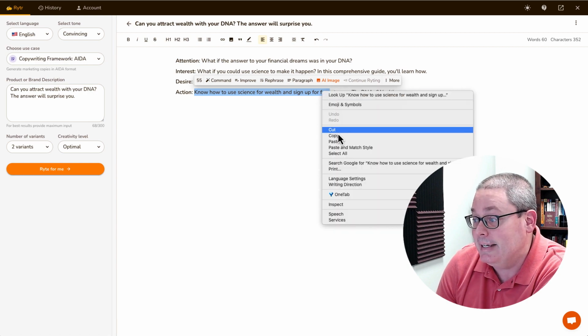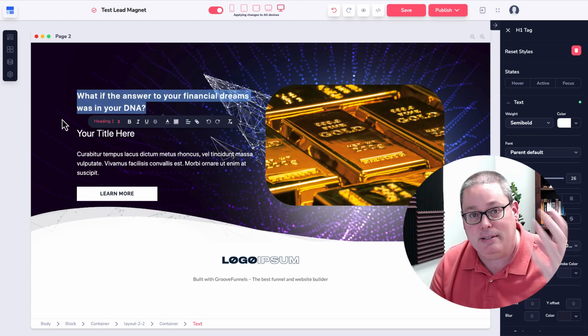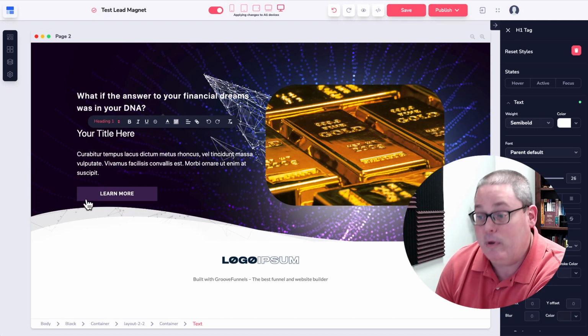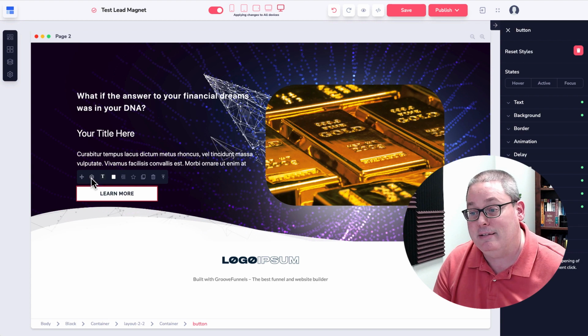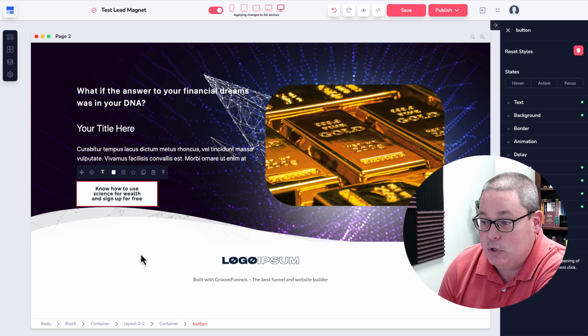You can simply, again, take this and copy it. And in this use case, we're doing a squeeze page and we're grabbing attention. We're adding the desires and we are getting people to take action. In this case, we would simply add this to the button. If it's too long, if it's too much, obviously shorten it as best you can or let the AI do this for you. But the idea is you are working to increase your conversions with this use case using artificial intelligence,